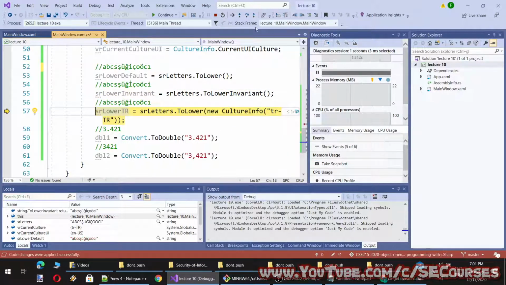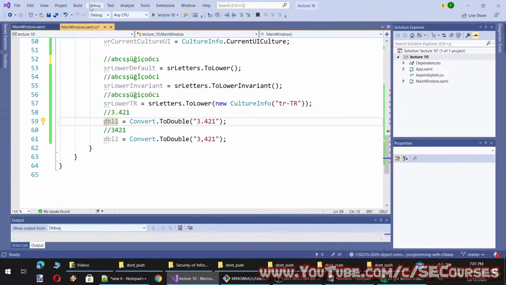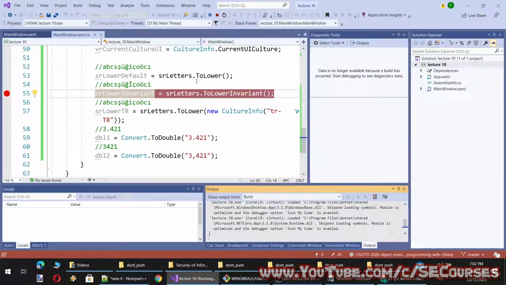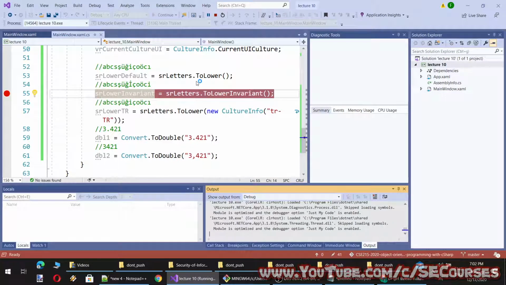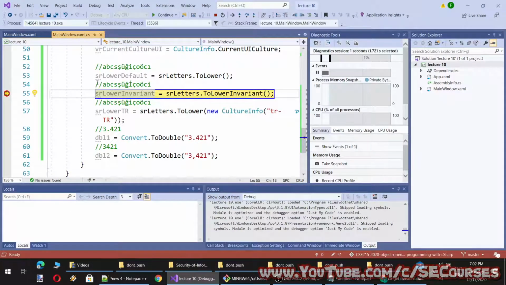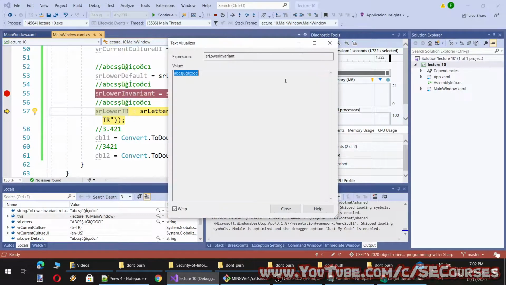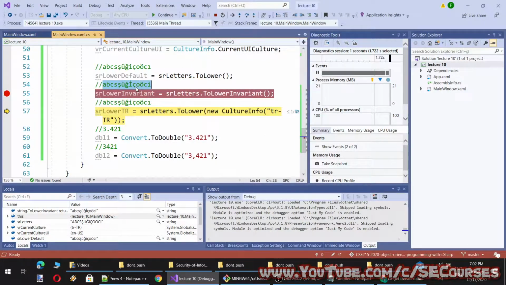Oh, did I save it? Let's rerun it. One moment. Okay, and let's see the invariant. Invariant is like this. So the invariant should not change.